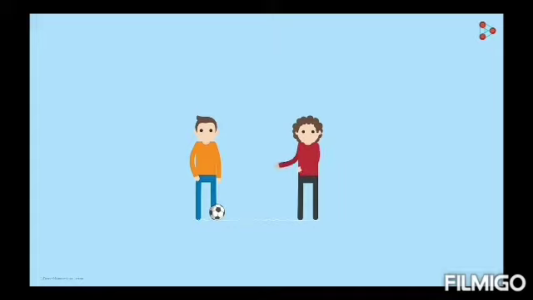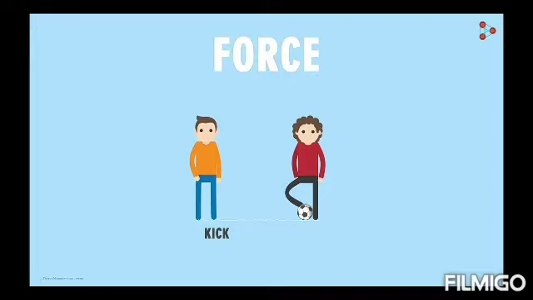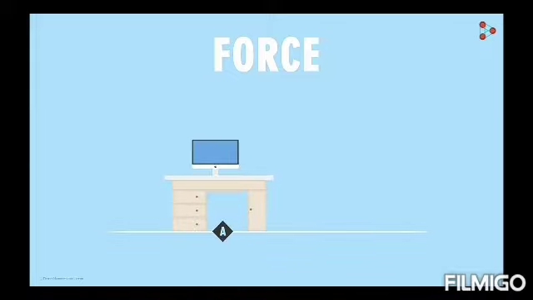Consider a ball lying on the floor at rest. It's not moving. Suppose this player wants to pass this ball to a teammate who is standing on the other side of the pitch. How will he do that? He needs to make it go in the direction of the teammate. So he will kick the ball in the direction of the teammate. When he hits the ball, we say that he applied force on the ball. It is nothing but the force applied on the ball.